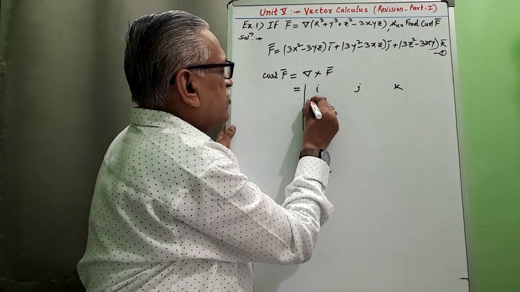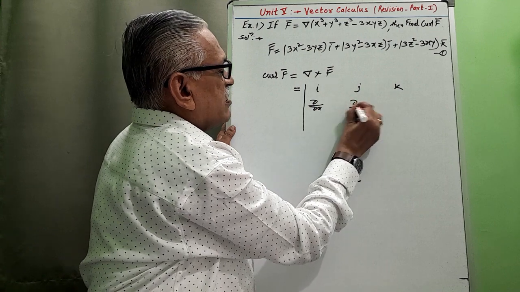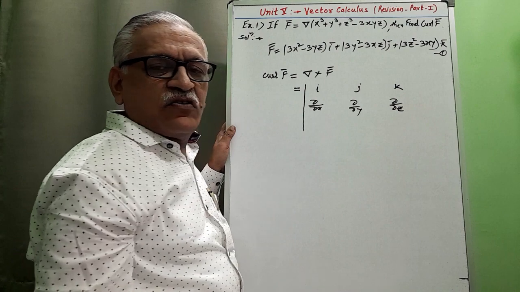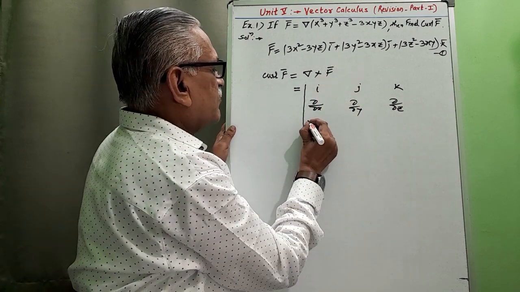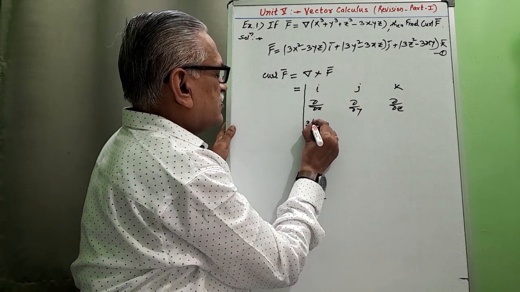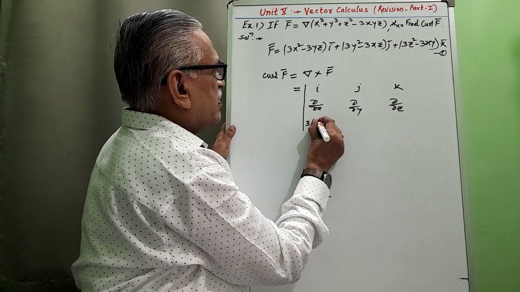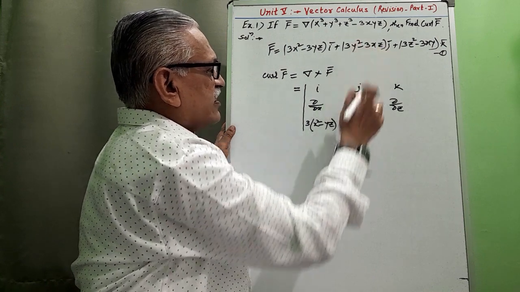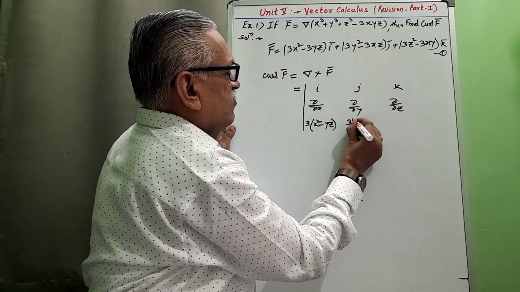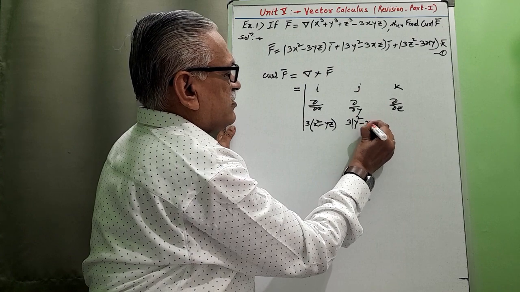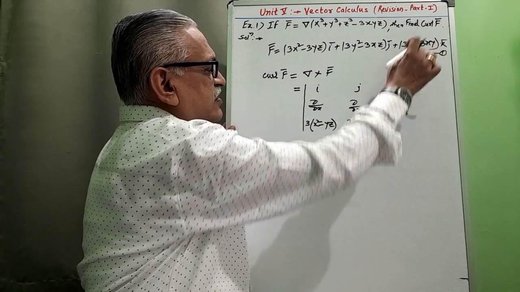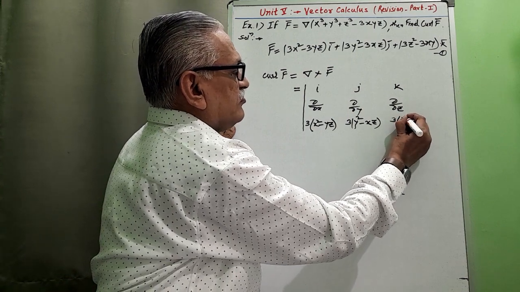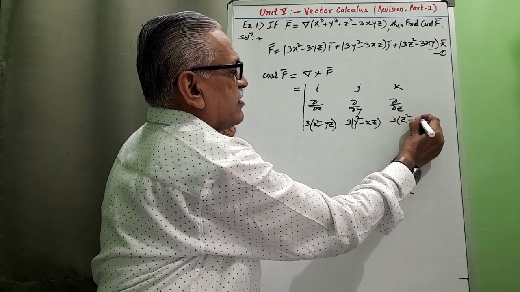second row dou by dou x, dou by dou y, and dou by dou z, and the third row the components of this f bar: first component is 3 times x square minus yz, second component is 3 times y square minus xz, and the third component is 3 times z square minus xy,